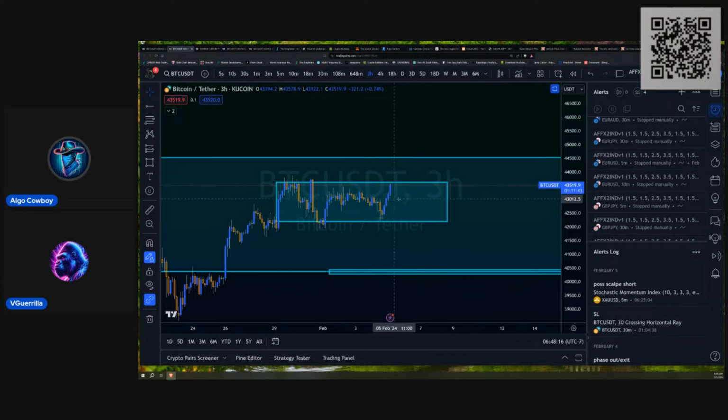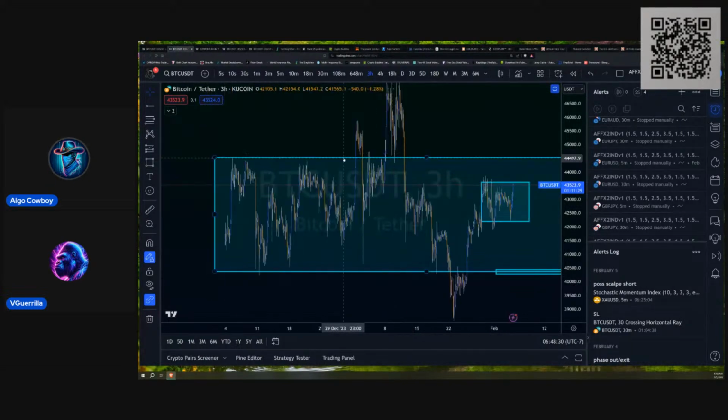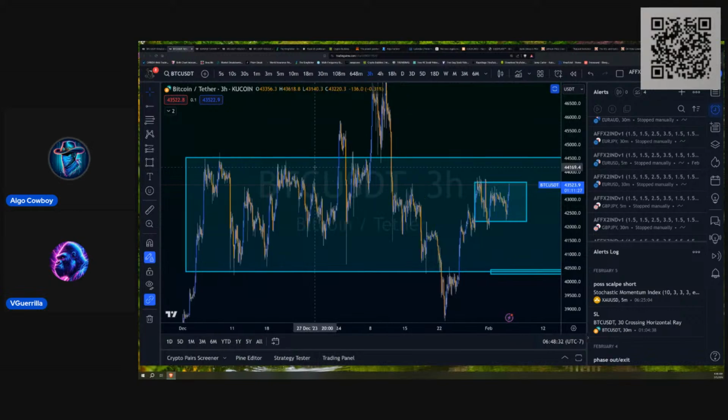So yeah, look, it does right now look as if Bitcoin wants to break out of this mini consolidation, and we'll see if it has the gas. If it does break out, we'll see if it has the gas to get up to like 44.5, which is the top of a very long consolidation. So we'll see if it does.